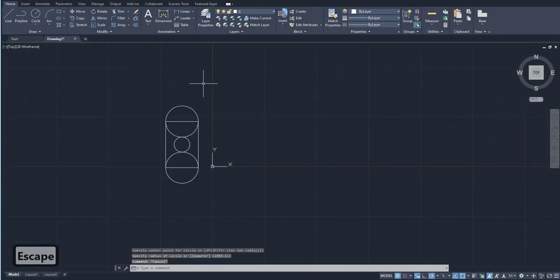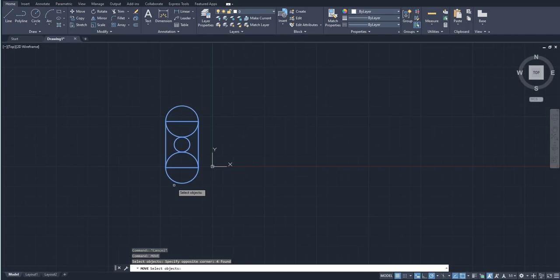Say for example I have this object and I want to move it. What you can do is you can just select this command from here, or you can enter the command using the keyboard. Move. It's asking me to select the objects. I select them. I just press enter or spacebar. Well, you see, AutoCAD assigns a similar function to spacebar and enter, so you can use either of them. I personally prefer using the spacebar more, so I just press spacebar and